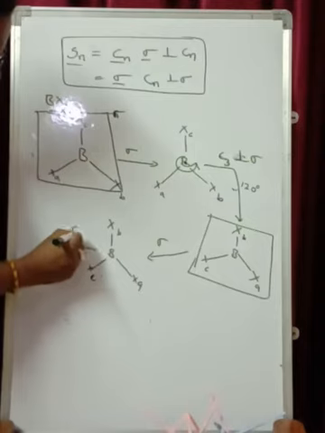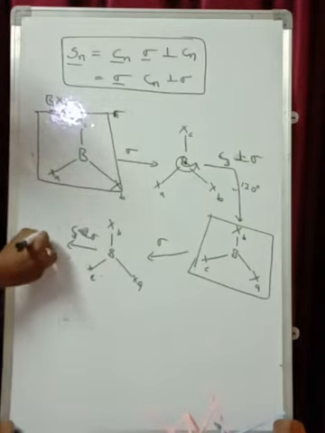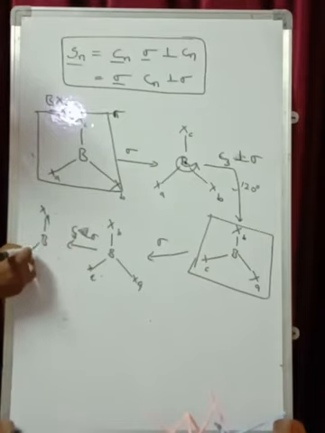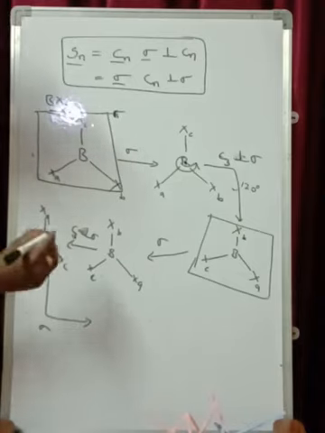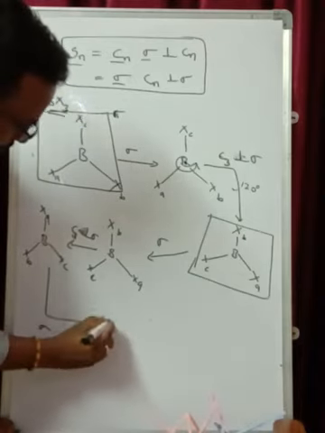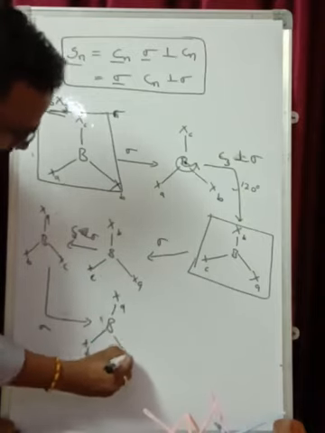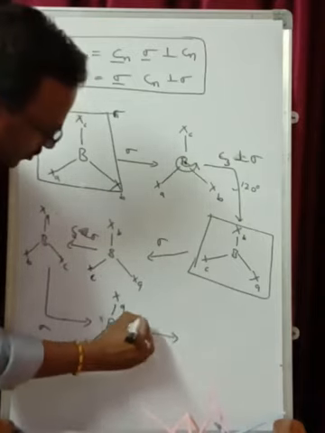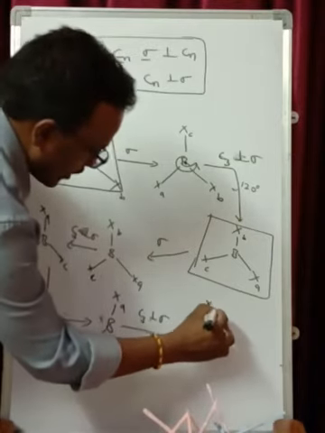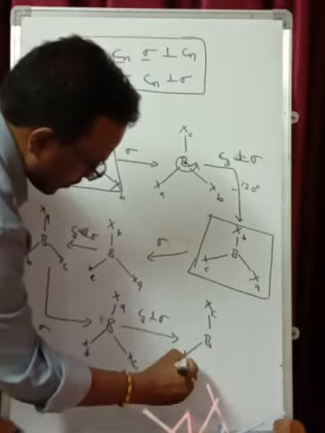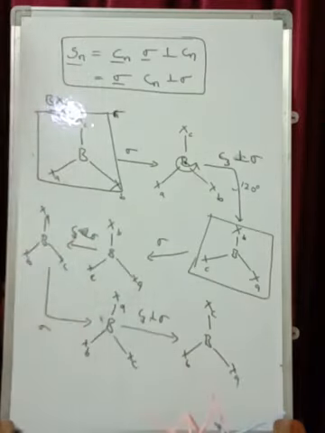For this you are going to do the rotation perpendicular to sigma. It will give you XA, XB, XC. Further, again sigma is carried out. It will give you B, XA, XB, XC. Followed by again C3 perpendicular to sigma. It will give you XC, XB and XA. Therefore you can see you got the identical structure finally.